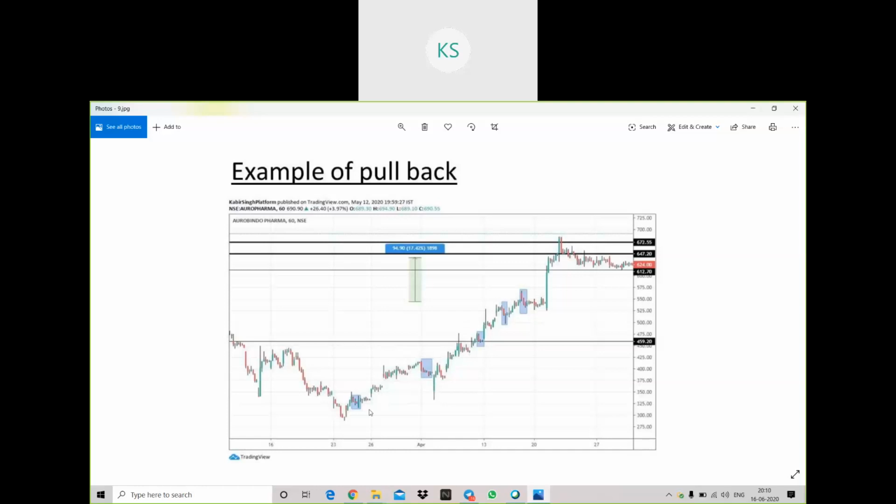For now, just keep in your mind that you have to enter in the trend phase. Or if you get the experience, then you can easily identify when the pullback is getting finished, so you can also enter at that time. That will give you better targets. I'll show you that with an intraday example. But right now, just keep in mind that in pullback you'll get good candles, but it will last for a very small time, and that will be the secondary trend of the stock. The main trend is upward direction; this pullback is my secondary trend.